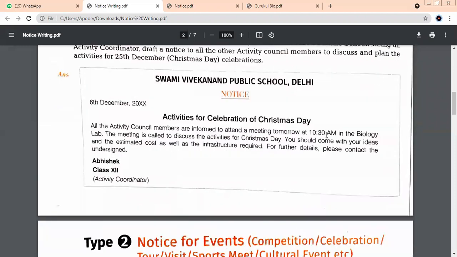No need to write the question. Nothing. Only this notice which is in the box. The heading will be notice for a meeting. Each type of notice, if you have a pattern, you'll be able to write very quickly. Whoever finishes is posting on the group, please inform me that, ma'am, I'm posting on the group, so that I can keep checking side by side what you have written. Simultaneously, I'll keep checking.